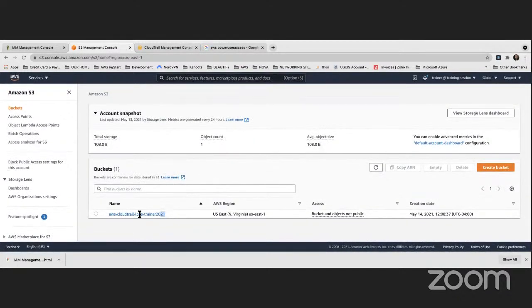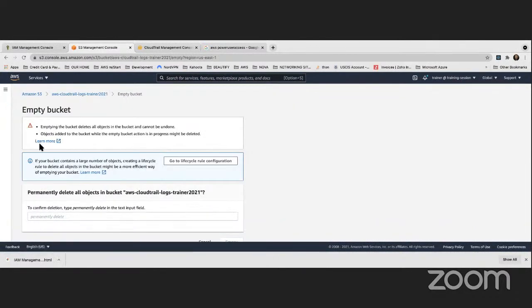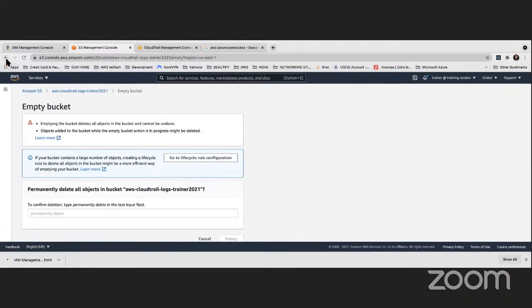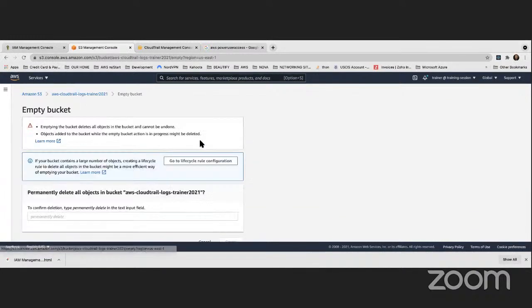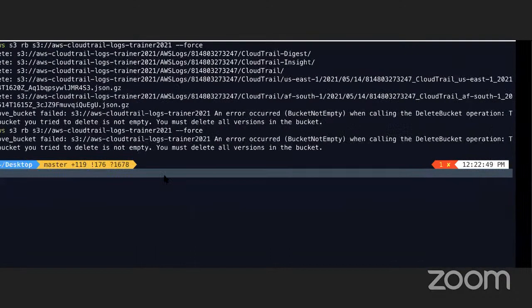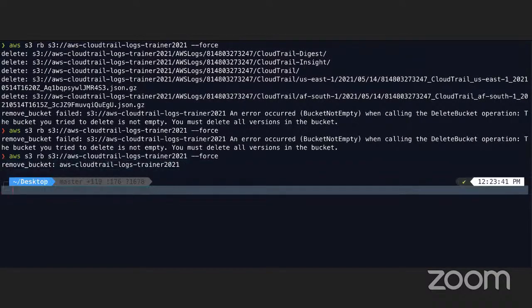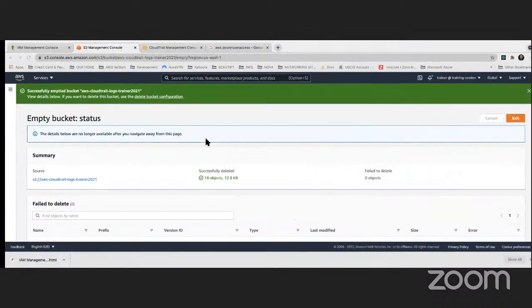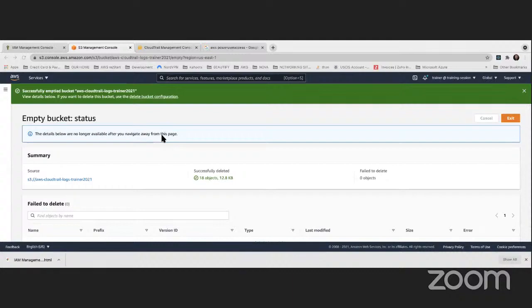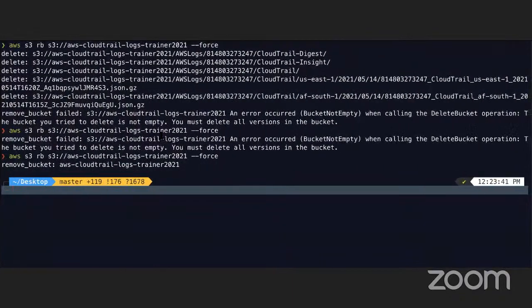Sometimes we don't have much time, so we're gonna go ahead and delete this guy this way. So, brute force. Permanently delete objects. I'm gonna delete this guy and it's now empty. Permanently delete. Okay, so now we can go ahead and do this, and bucket deleted. Okay, perfect. So this is how you create a trail, and then you go ahead and log